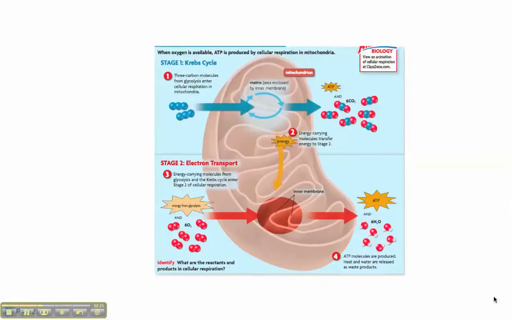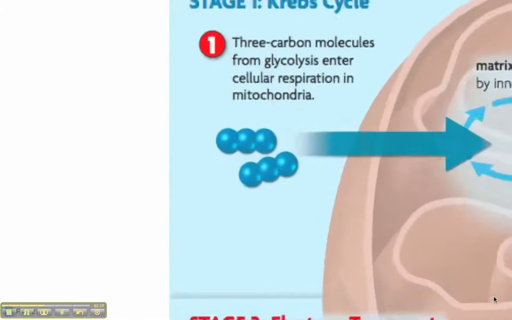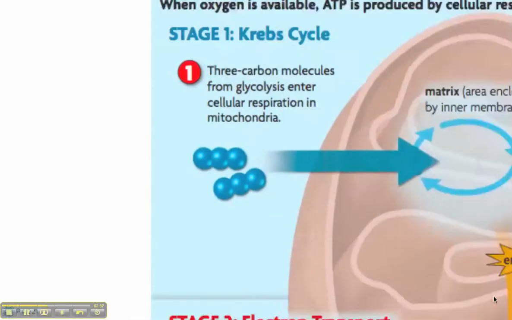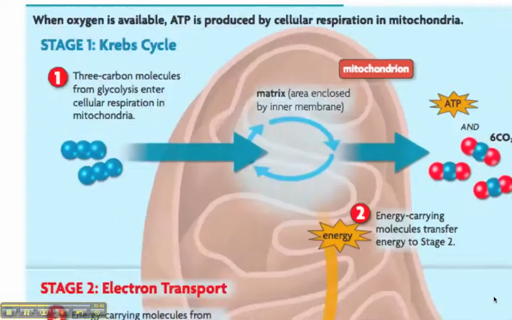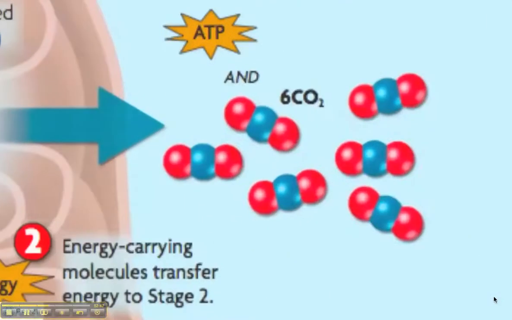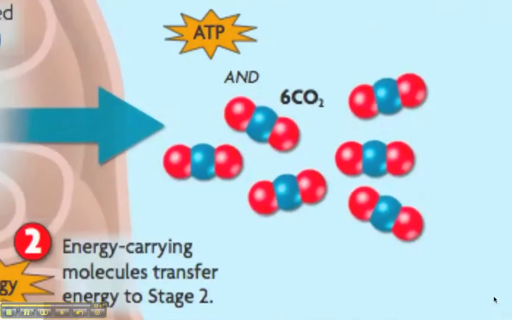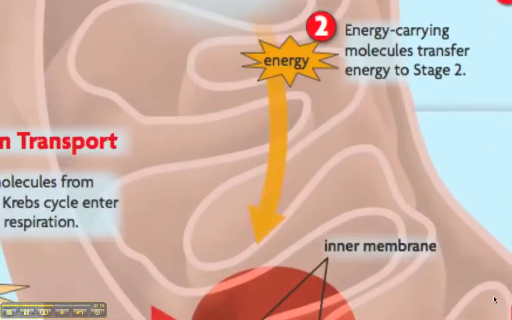So now let's talk about the nitty-gritty of the actual cellular respiration. So you start off with 6 carbon molecules and they break up into two. There's basically two 3-carbon molecules and they get broken up in glycolysis and they enter into cellular respiration in something called the mitochondria. That little thing that looks like a jelly bean is the mitochondria. And as those three carbons go inside, out comes 6 CO2s and some ATP after everything that happens. And the energy carrying molecules, like in the ATP, transfer